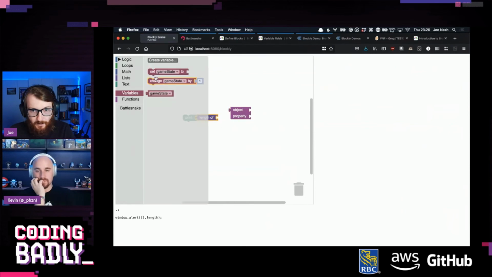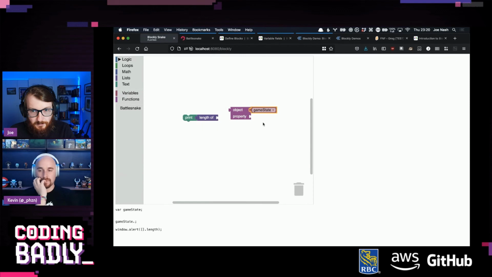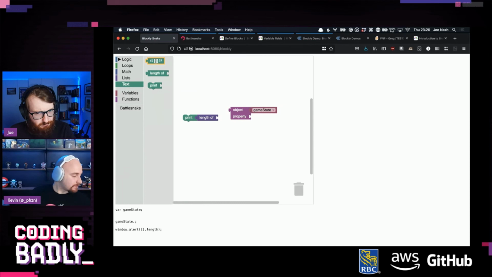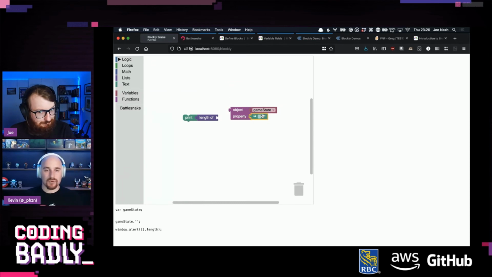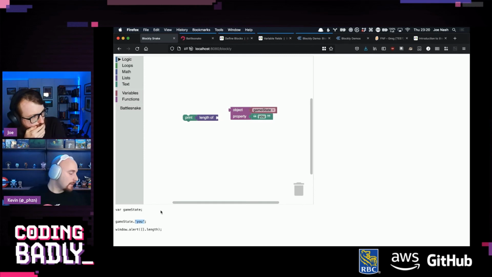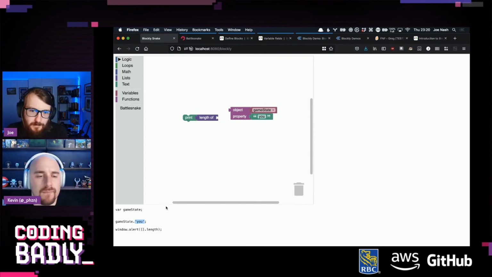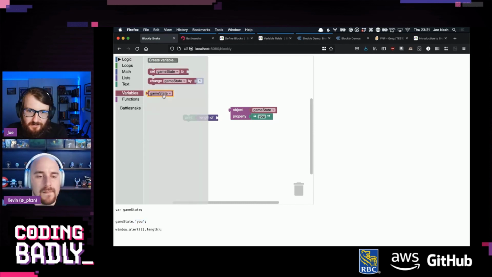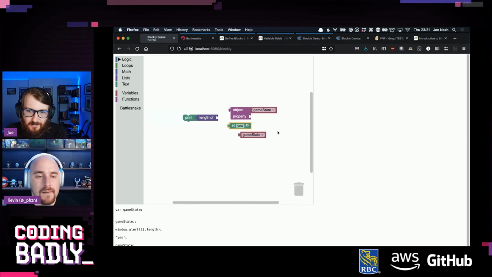Well, that's something. Variables, game state, and then if we... Can I put a string in here? This is a problem. Like, how do I refer to the property? Yeah, that doesn't work. We don't have undress strings. Can I just do this as... How do I get undress? How do I just have text?